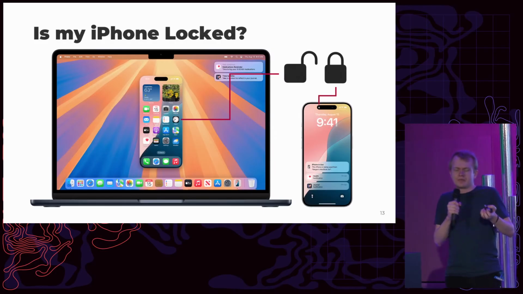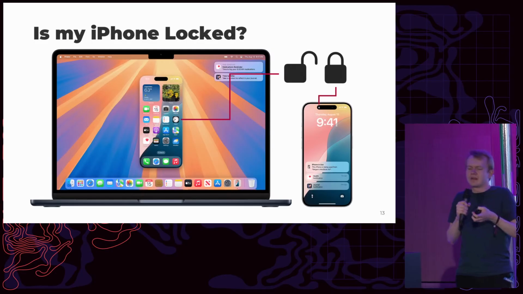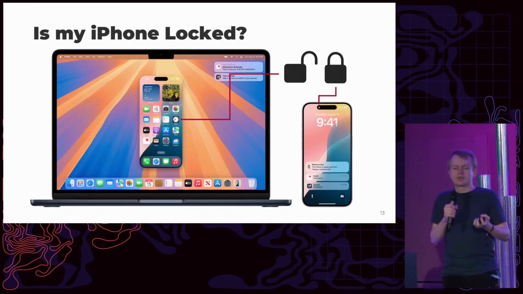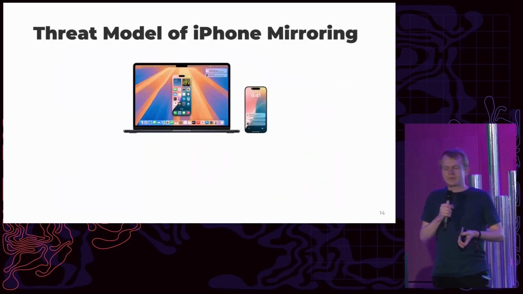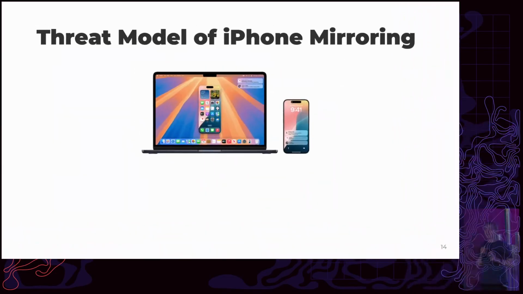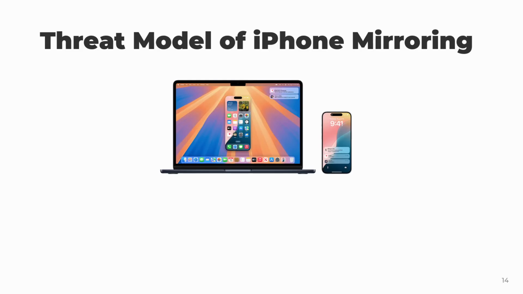And, well, that is just a very weird thing to have, and it also opened the question of what exactly this is supposed to protect against, and what threats they are considering, and what is out of scope, what is in scope. And that is what I wanted to take a look at. And as I said, this video is basically all that Apple told us about what the threat model here is supposed to be. So what we already saw is that, okay, the iPhone is supposed to be locked and you